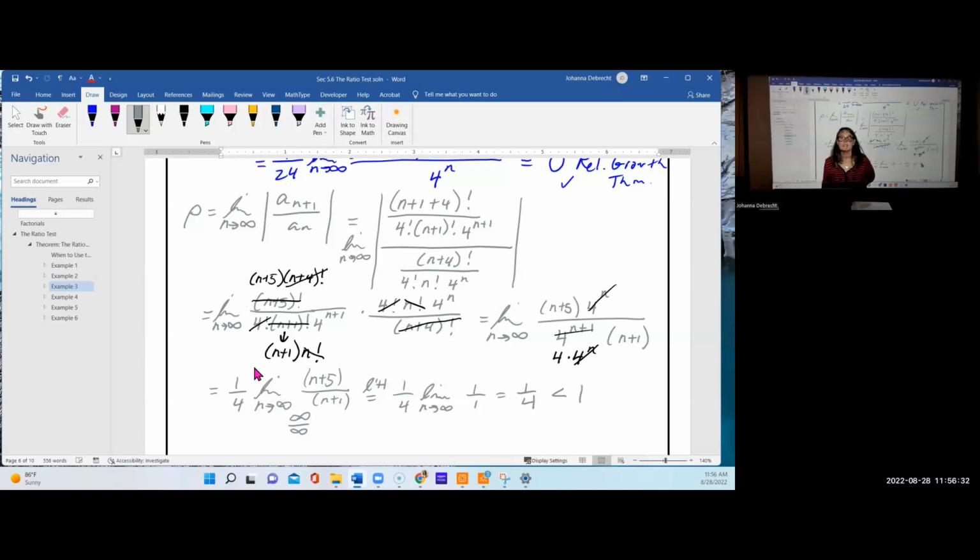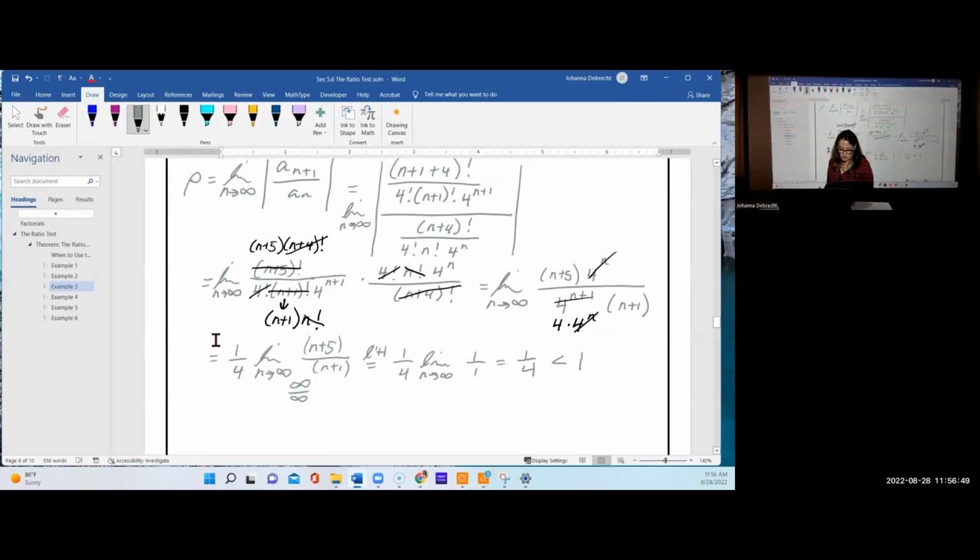Now 1/4 is the value of rho, and that's less than 1. And remember, it has to be between closed 0 and open 1. If we get a 1, it's inconclusive. We have to use another test, right? So then we can make our conclusion on this particular problem, and we can say, therefore, colon followed by a period, by the ratio test,